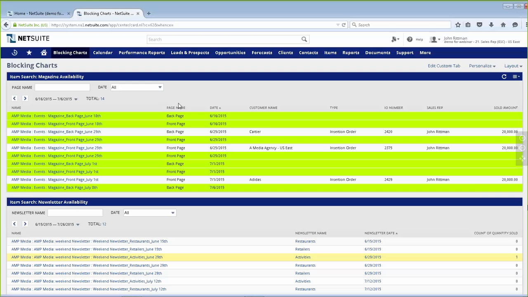So right now I've combined in this Save Search, I've got some examples here with magazines and newsletters, but this could also be utilized for sponsorships or takeovers, anything really where you've got some limited availability. Right now I'm combining my items or my products in NetSuite with a view of what my contracts have been sold. So I have a view of what's currently gone out there on signed contracts versus what's been available. This is something that's not only available on my dashboard, but also could be scheduled out in a regular email. So maybe every Monday morning this is sent out for your sales team, so everybody's up to date with what's available in the inventory and products to be sold.